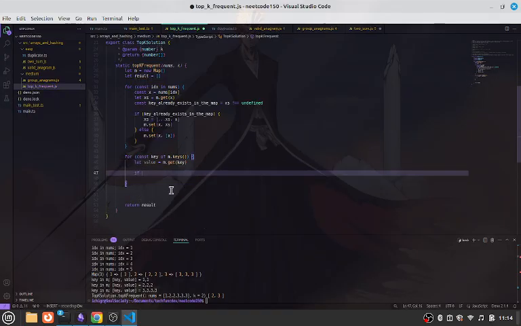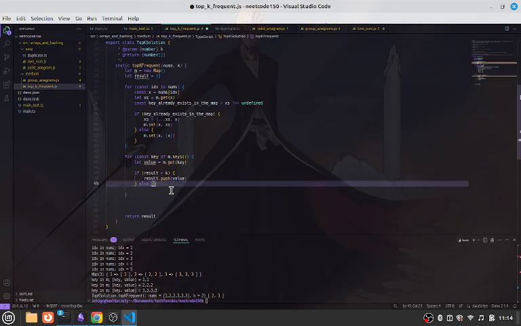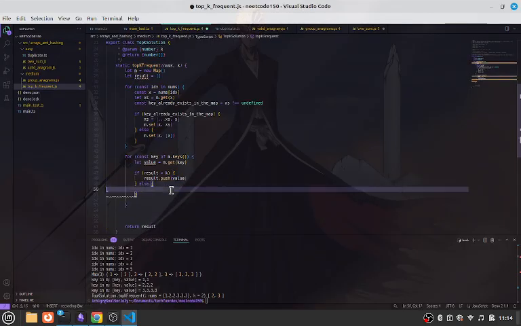We'll say if result is less than k, then we're just going to go ahead and push the value. Else, we need to go ahead and check. Let's see. Perhaps